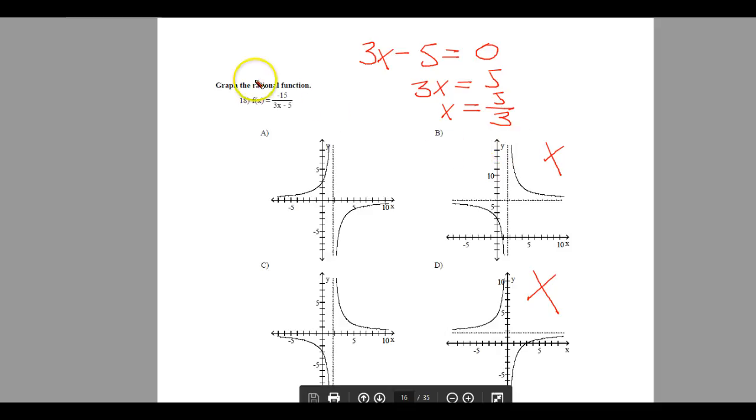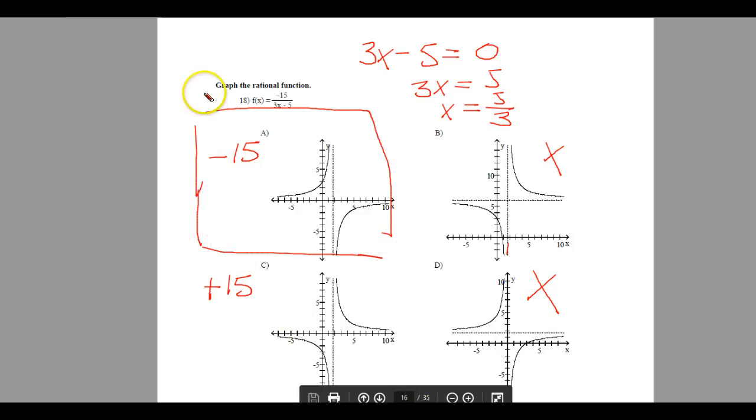And this one's out also because of this negative 15 up here. It would go this way, not this way. If we're positive 15, it would be this way. But again, our horizontal asymptote is really wild there. So we have a choice between this one and this one. And you might say, well, what's the difference here? Well, when the lines are this way, this is your negative 15, the negative value on top, giving you this line and this line. Here, if it were a positive 15, you would get this line and this line. So, A